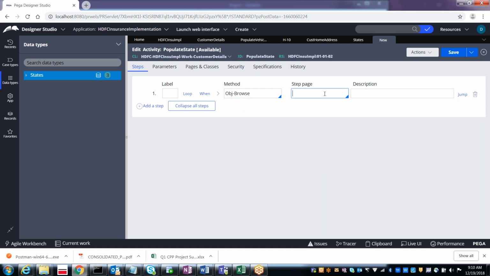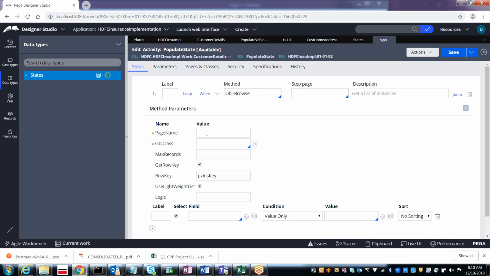And then expand, and again specify the page on which you want to populate, like states page, and then the class it refers to, from which data type you want to populate.